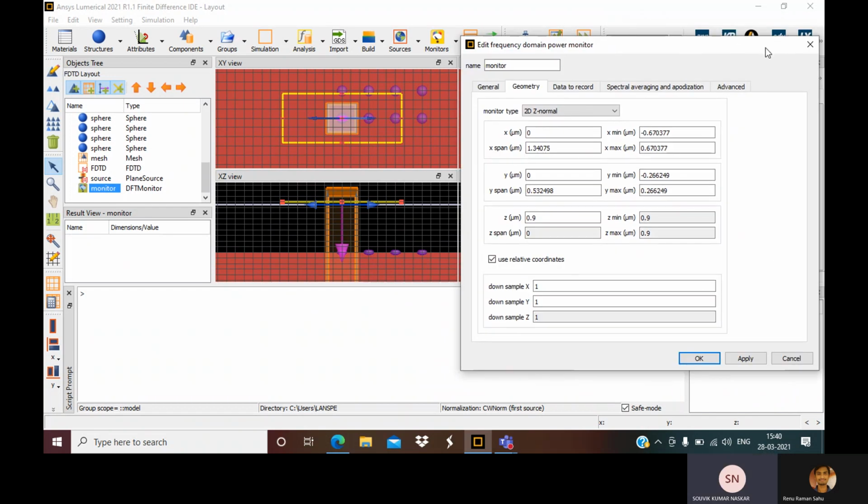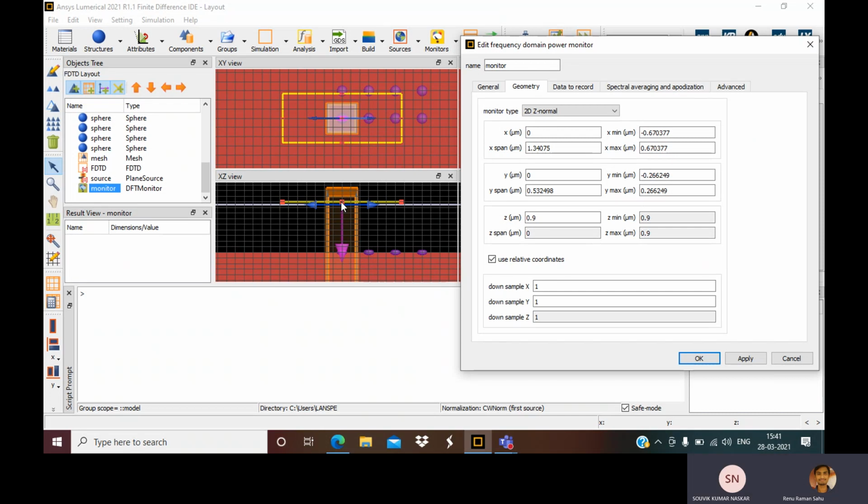Can you tell me again? For the XY view, for reflectivity, the monitor is beyond everything. You see, this boundary is beyond the FDTD region, but this plane is inside the simulation region. So for the Z axis we have to take that monitor inside the FDTD region, or else how would you measure?